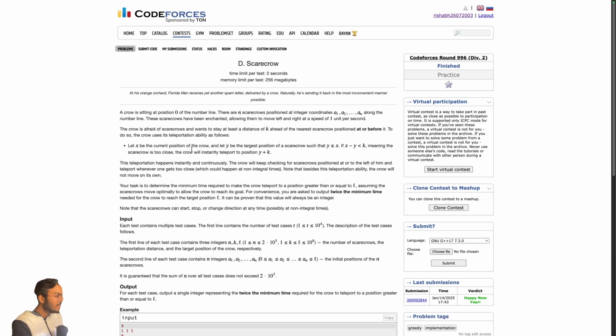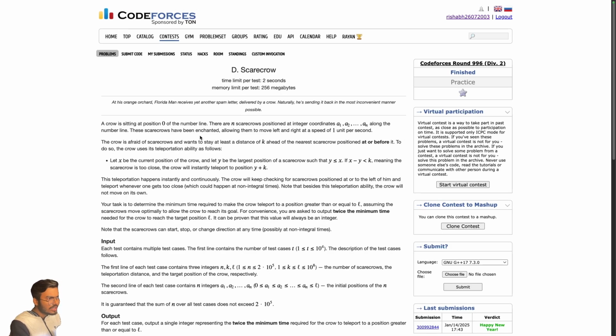A crow is sitting at position 0 of the number line. There are n scarecrows positioned at integers a1 to an along the number line. These scarecrows have been enchanted, allowing them to move either left or right at the speed of 1 unit per second. The crow is afraid of scarecrows and wants to stay at least at distance k ahead of the nearest scarecrow positioned at or before it. And to do so, there are some conditions like